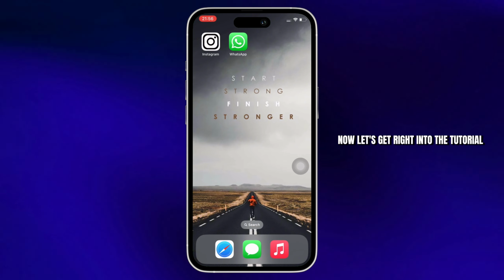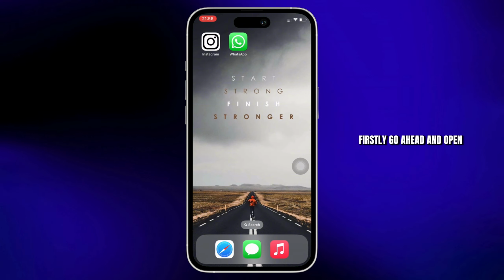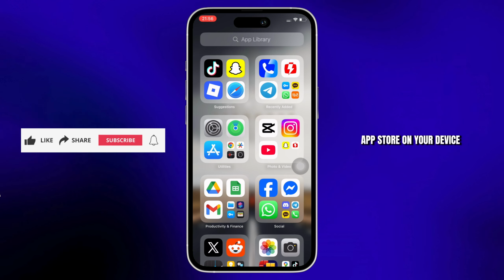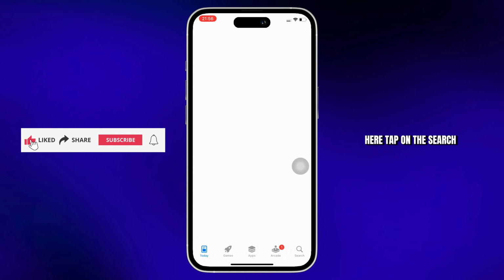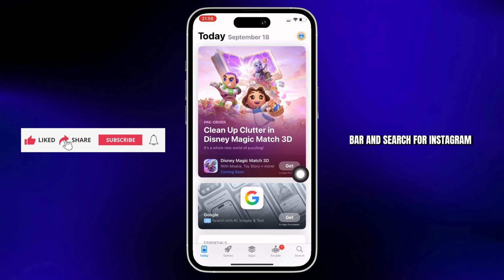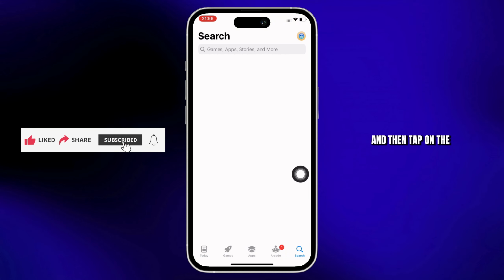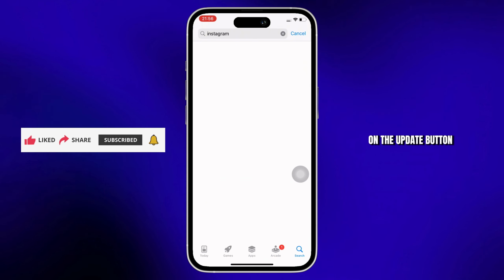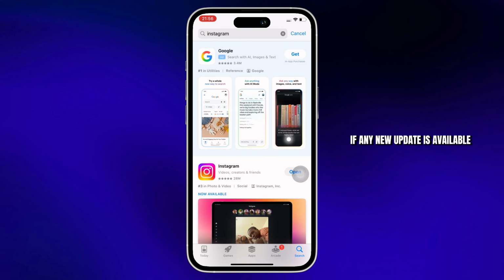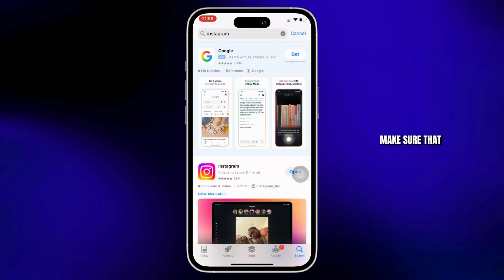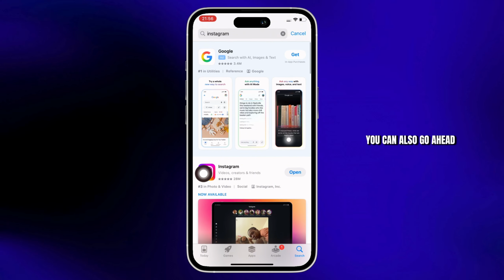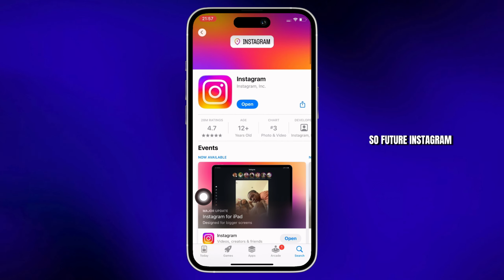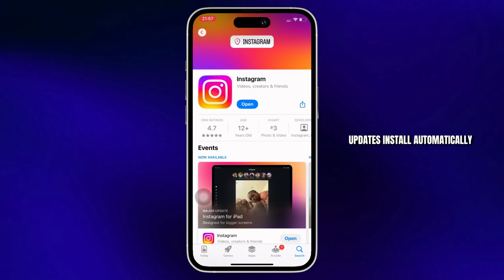Now let's get right into the tutorial. Firstly, go ahead and open App Store on your device. Here, tap on the search bar and search for Instagram and then tap on the Instagram option. Further, go ahead and tap on the update button if any new update is available. Make sure that you can also go ahead and turn on automatic updates for apps so future Instagram updates install